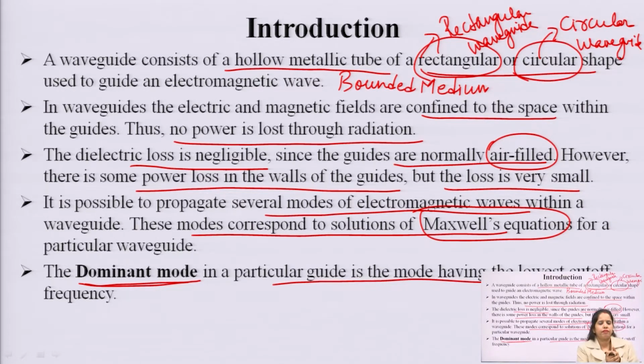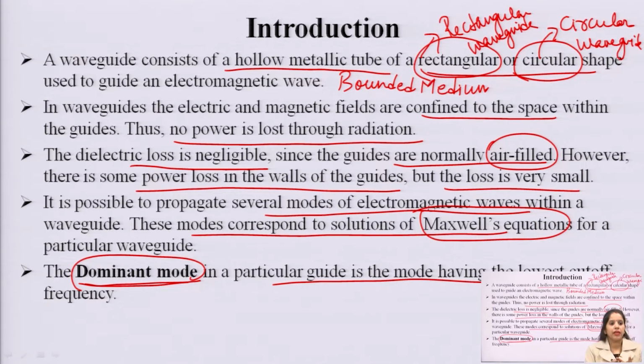Already we know that a waveguide basically acts as a high pass filter. A high pass filter means it is able to attenuate a signal below a particular cutoff frequency and allows all signals above that cutoff frequency. So, that cutoff frequency plays a very significant role in the case of a waveguide, and the mode at that particular cutoff frequency is called the dominant mode. The dominant mode definition as well as its significance plays a very important role in the case of a waveguide.